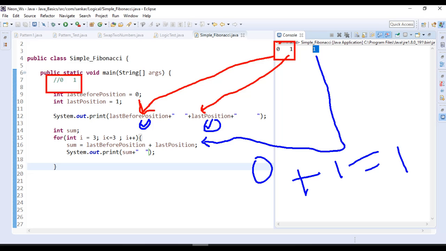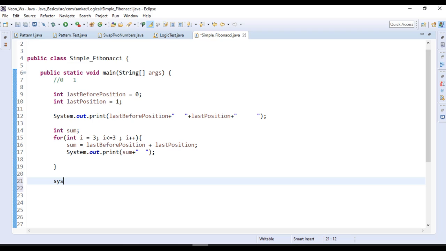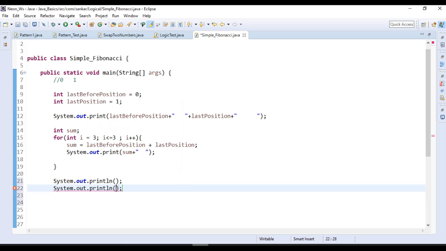Okay, now we need to use proper swapping. I will explain what will happen without using proper swapping. Before that, I will print the variables, just for our confirmation purpose only.